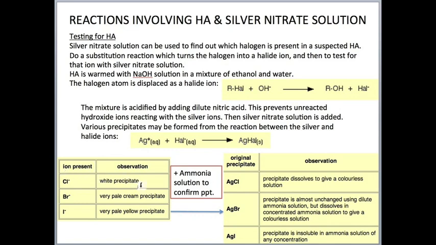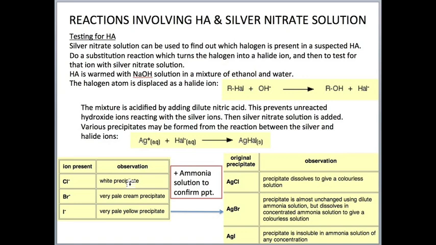So if we have a white precipitate forming, it's most likely to be a chloride ion. If we have a very pale cream precipitate forming, it's most likely to be a bromide ion. And if it's very pale yellow, it's most likely to be an iodide ion. And then it's actually quite difficult to distinguish between these colors, especially if there isn't very much precipitate. So we can